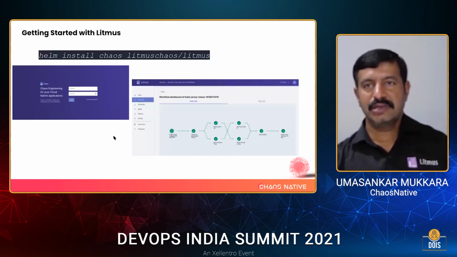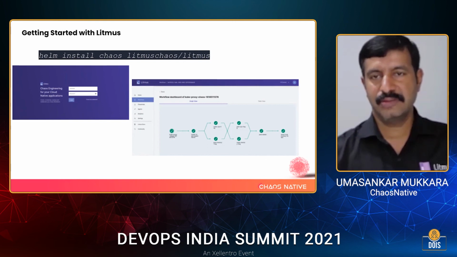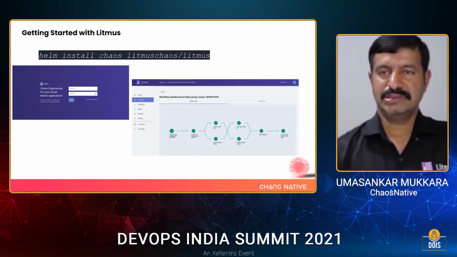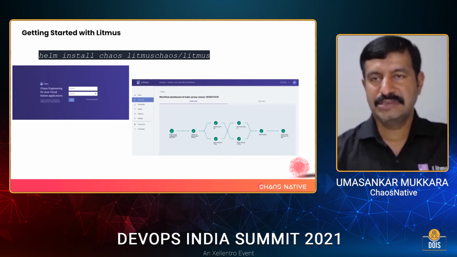So how do you get started with Litmus? It's pretty simple. As I said, it's a Kubernetes app. You can start very, very small. And as you onboard more users, you can actually expand Litmus itself into a much bigger deployment, right? So you start with the Helm install of Litmus Chaos, right?